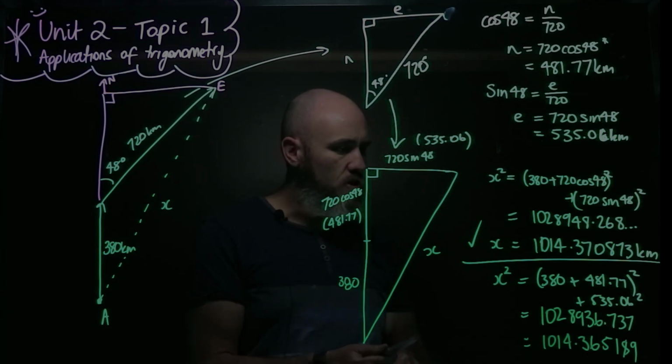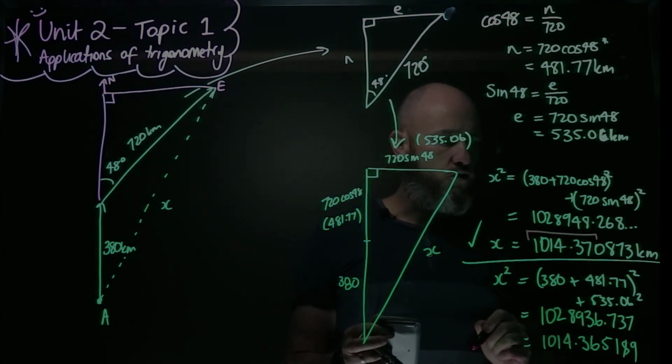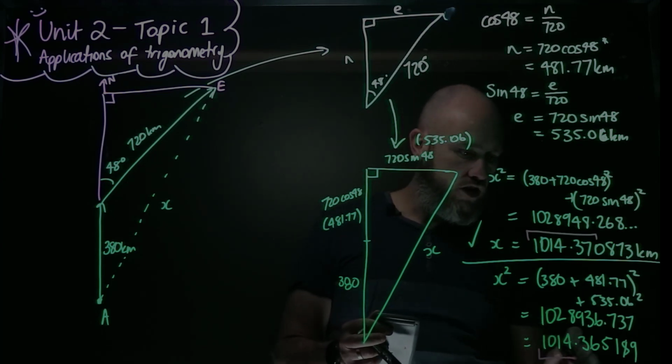Now, to two decimal places that'll be 1014.37, and this will just also round up to 0.37,